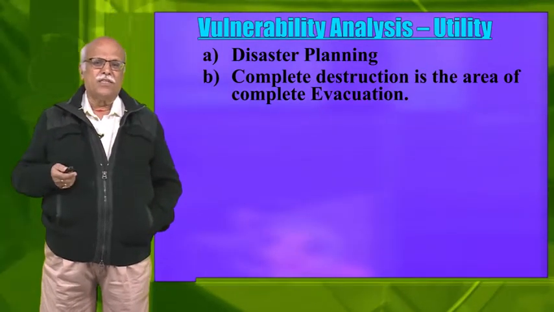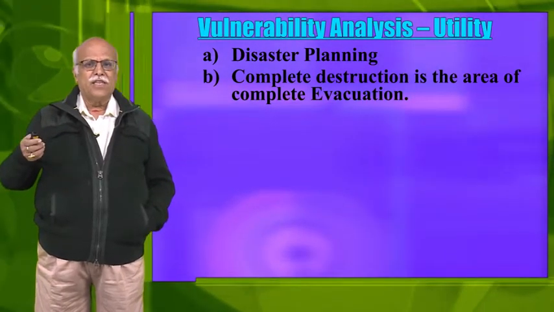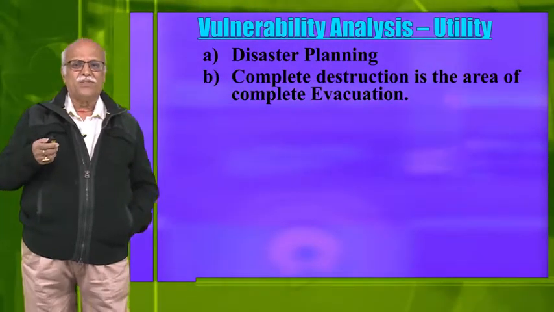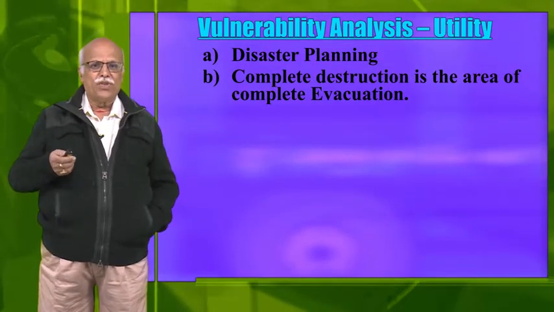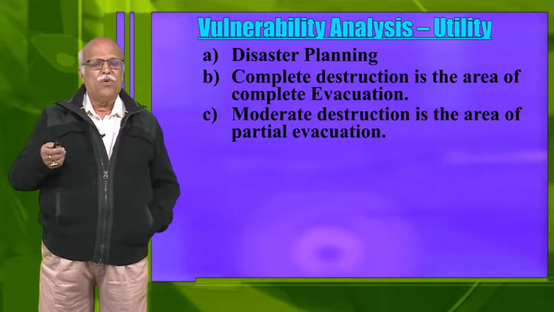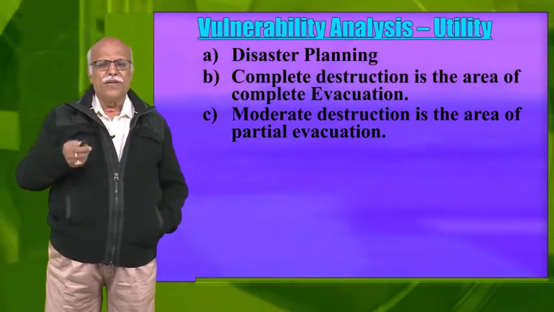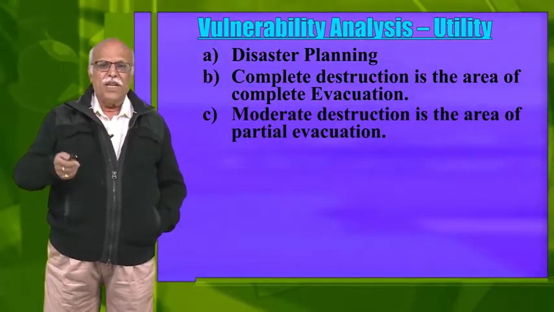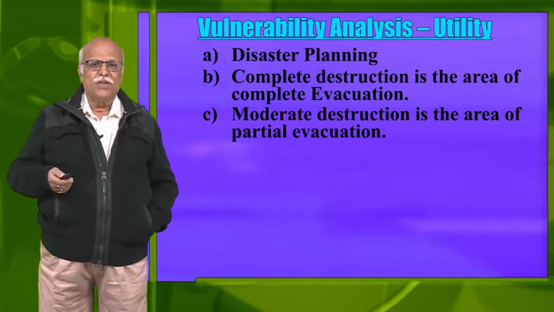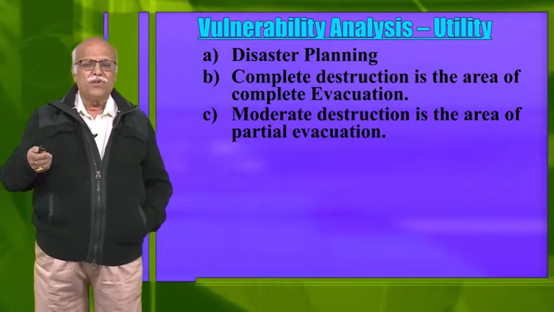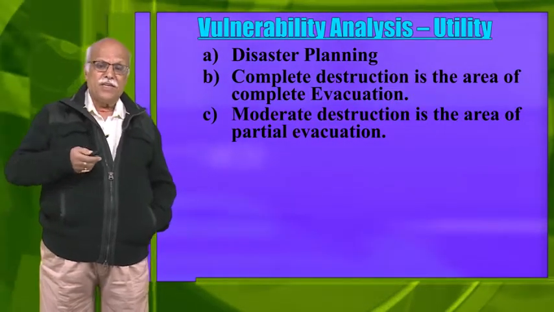So as soon as the warning is given to you, you should be in a position to move the people from that area, and that is what we would like to do. That is why I say it is needless to emphasize that the area of complete destruction is also the area of complete evacuation. Apart from that, certain areas need only partial evacuation. Why? Because we have seen there is an area C, there is an area D, where complete evacuation is not necessary. However, we may still have to plan a certain amount of evacuation. So planning that evacuation is known as partial evacuation. And protection also has to be given. In certain places we are not evacuating, but strengthening of buildings as mitigation.